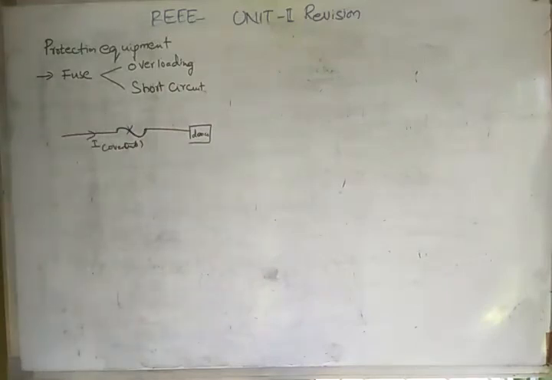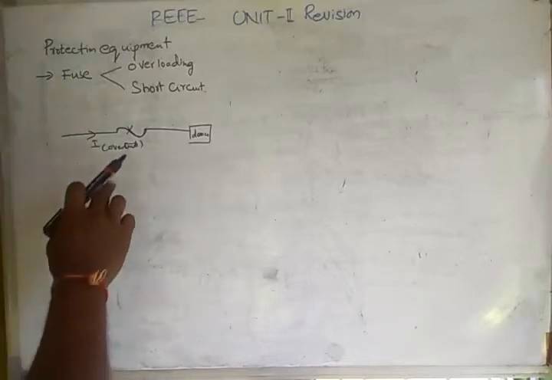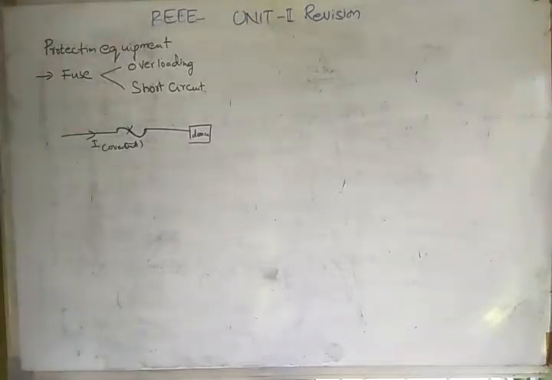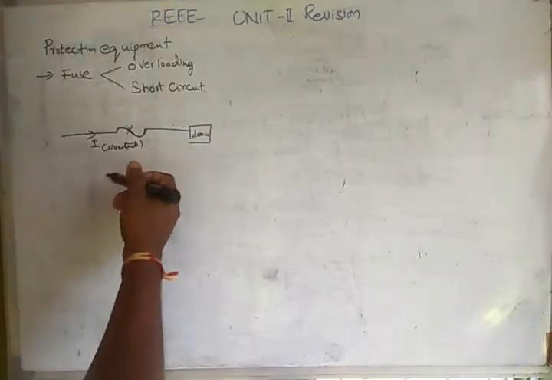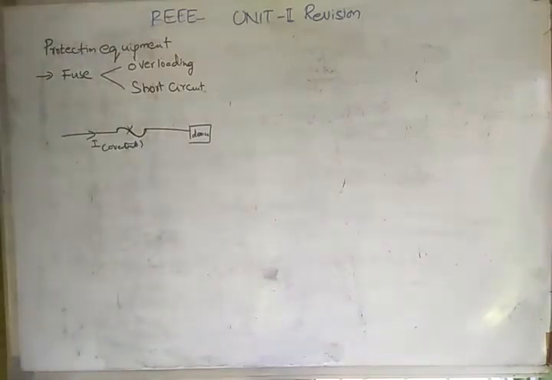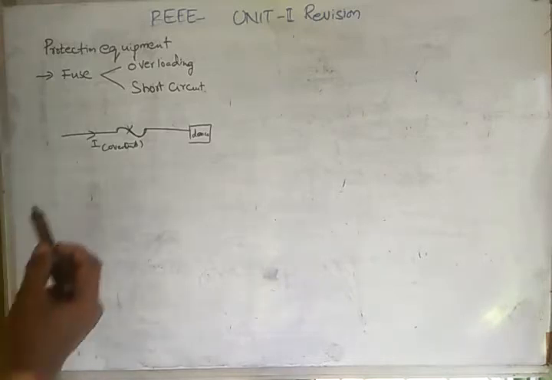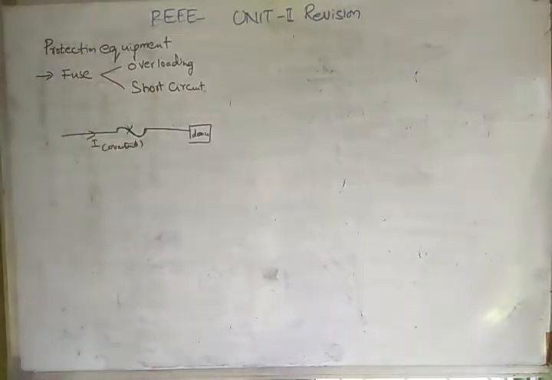So the fuse is a wire which melts during overload conditions or fault conditions and isolates the devices from the supply. This is how the fuse protects. Once the fuse is melted, we want to replace it with a new one. Fuses are used in both low and high voltage circuits, of moderate to high capacity, where frequent operation is not excessive, like protection of distribution transformers. So a single fuse is useful only one time. This is one of the disadvantages of the fuse.